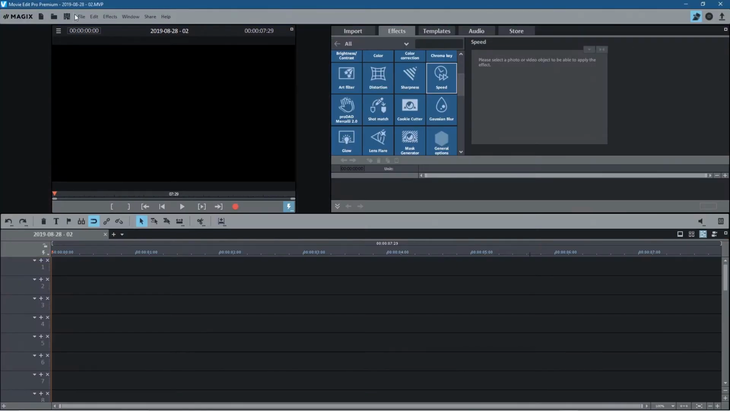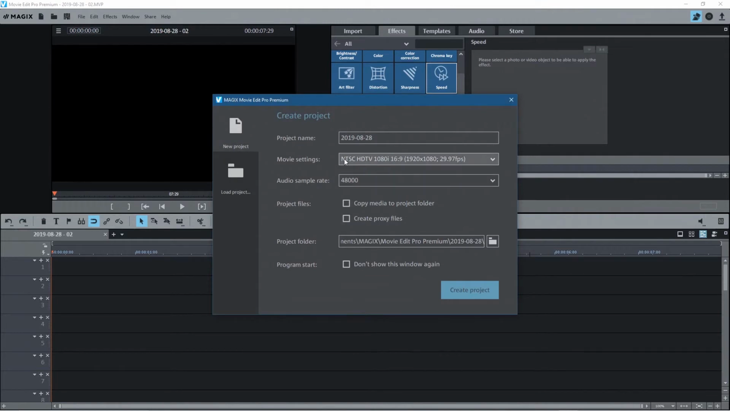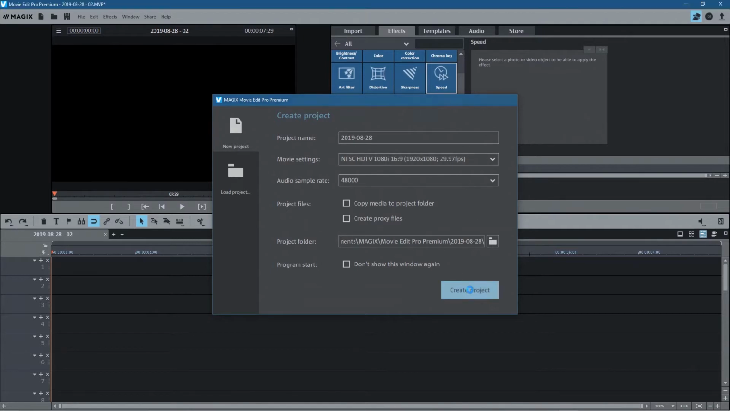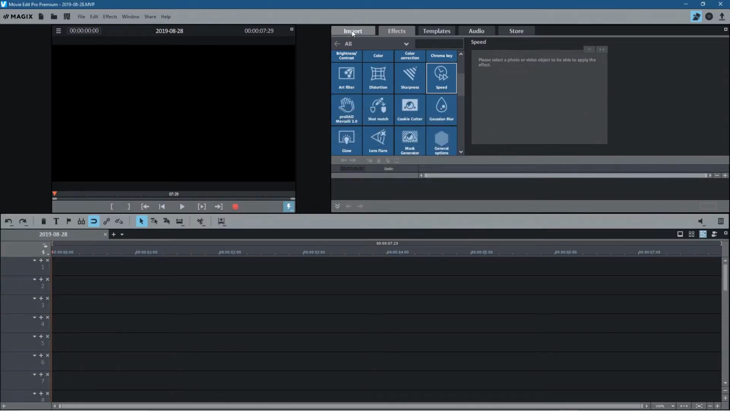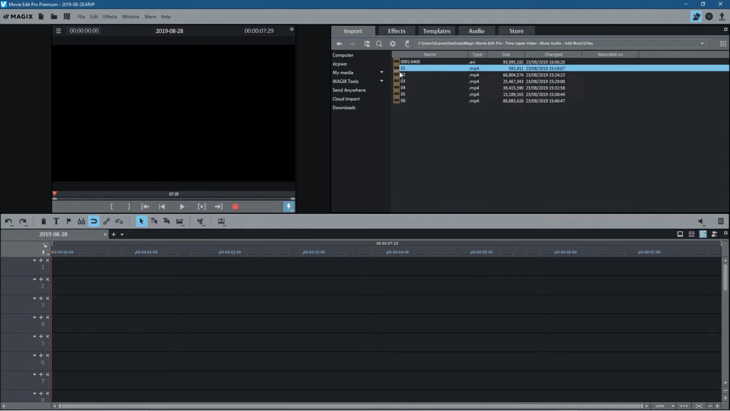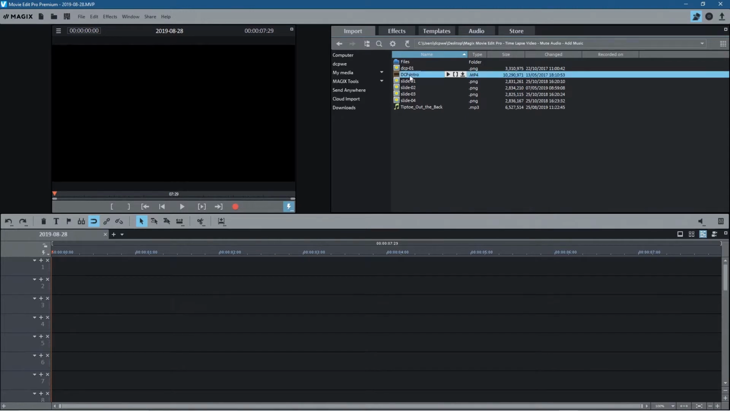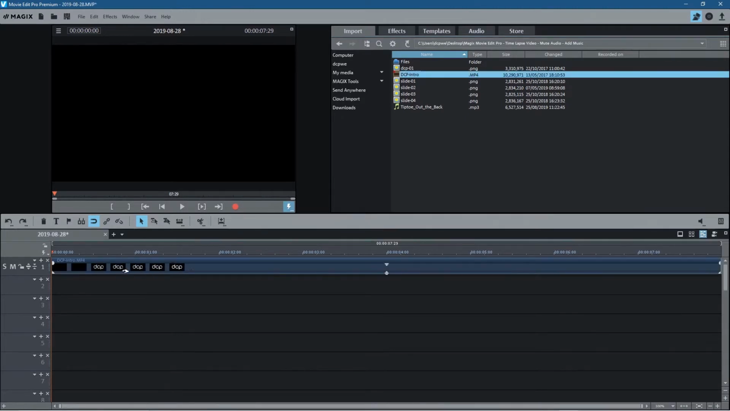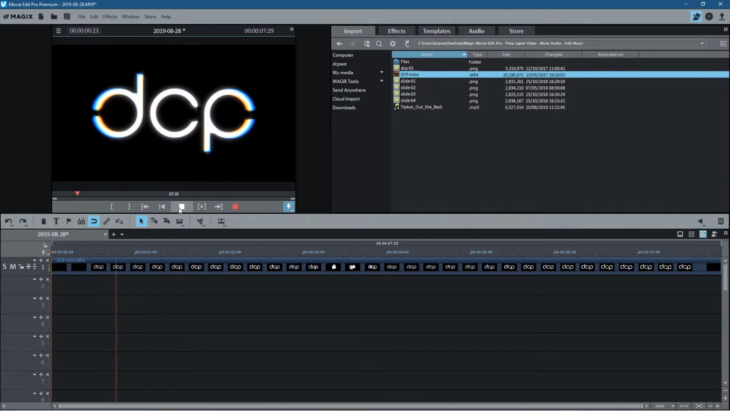I've got a blank file here, so let's go to File, New, and I'm going to set it to NTSC 1080p 16:9, 1920 by 1080 at 29 frames a second. I'll click Create here, and if I go to Import, I've got the same folder open in this browser, the same directory that's on my desktop. The first thing I'll normally do is drag in my intro. If I drag and drop it on the timeline and click play,